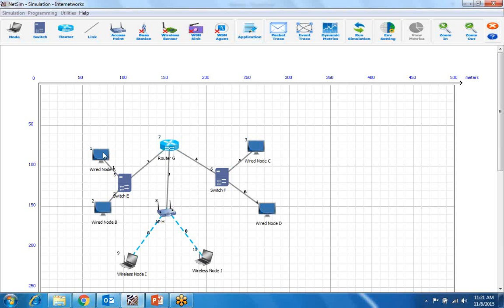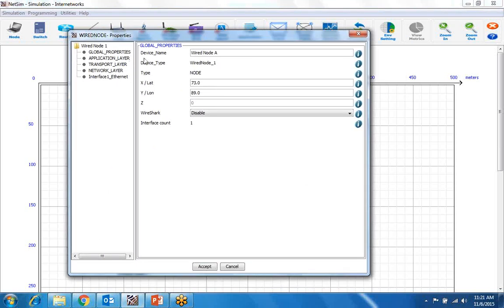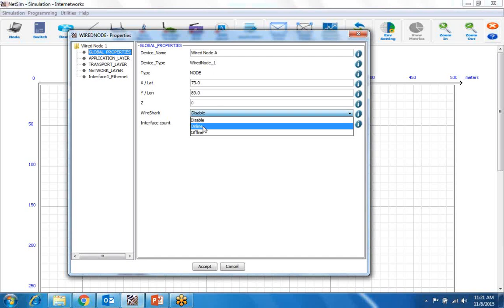Now, when we want to see any property of any node, you can just right click, and we'll have properties. Okay. Here you can see some properties. Like in global, we have device name, device type, and the position. Then I've told you about the Wireshark option, enable. If you click on Wireshark online, it will capture some packets in the network.